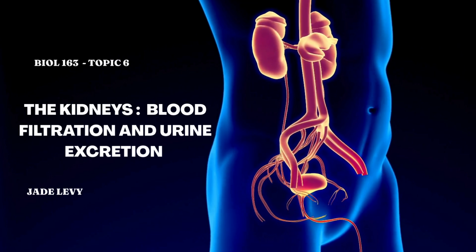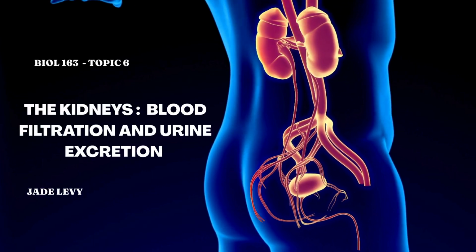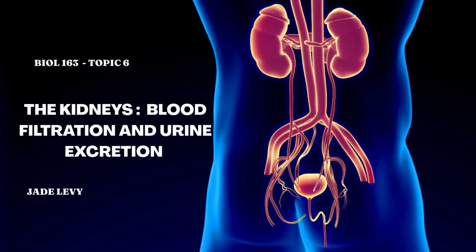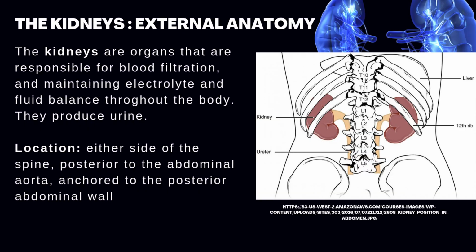Hello, everyone. Today we will be reviewing the kidney's major structures, blood flow through the kidney, and the process of blood filtration and urine creation. The kidneys are bean shaped organs responsible for filtering our blood and extracting waste, while maintaining electrolyte and fluid balance